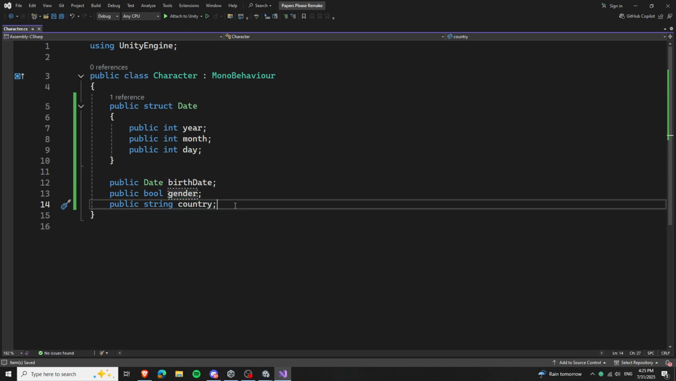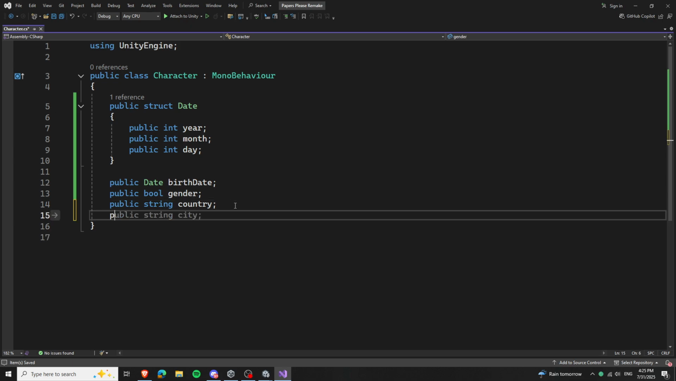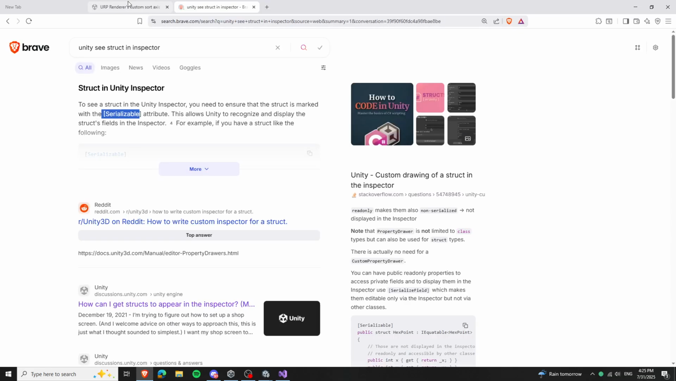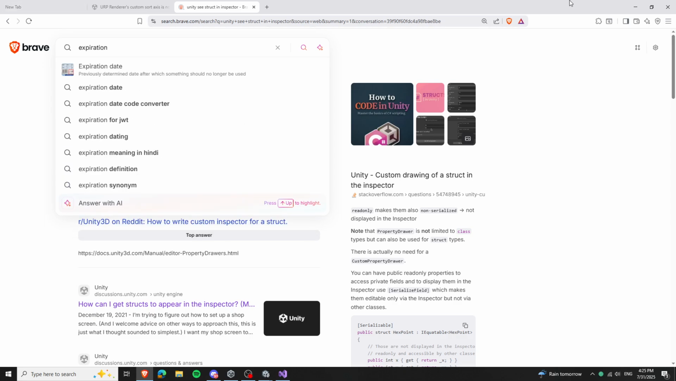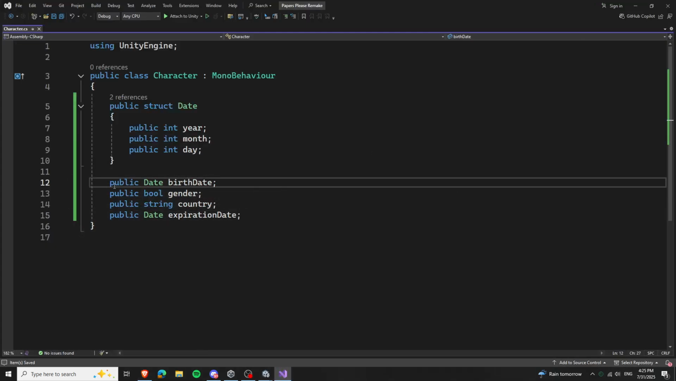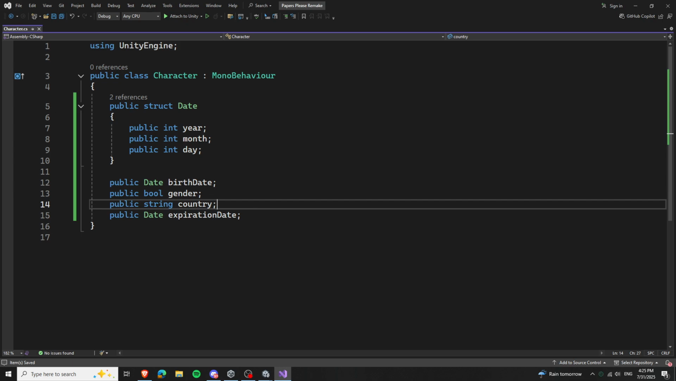So we have birth date, gender, country, what else? Let's see. Oh, of course, expiration. So the identification should have an expiration date. So just say date expiration date. Let me see if I use that term correctly. Expiration. I call that correctly. And then